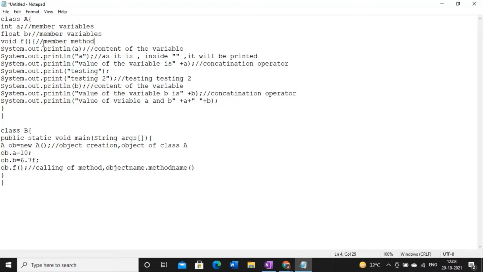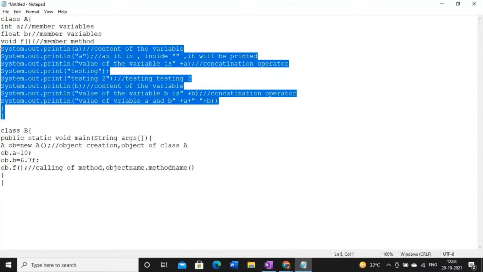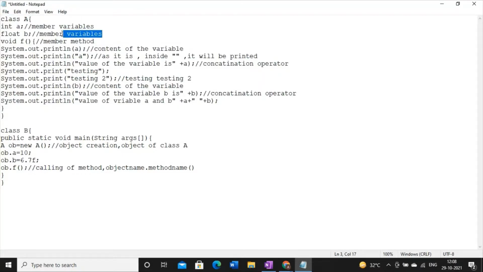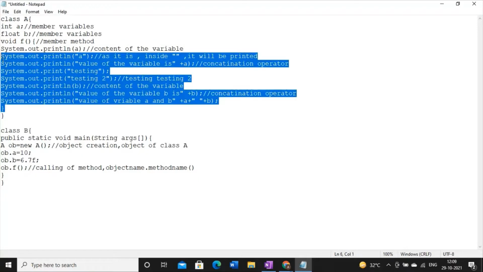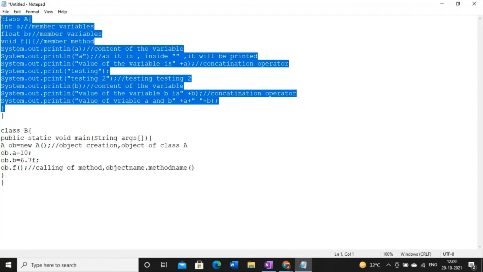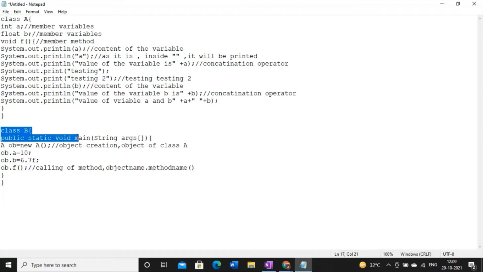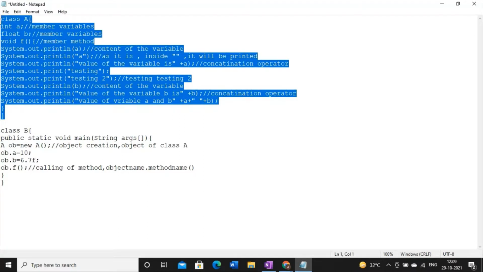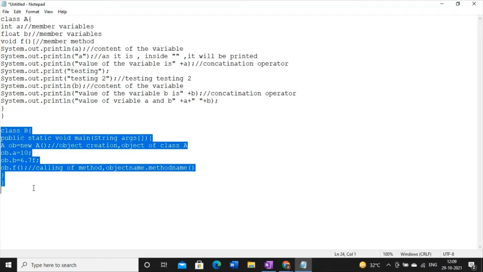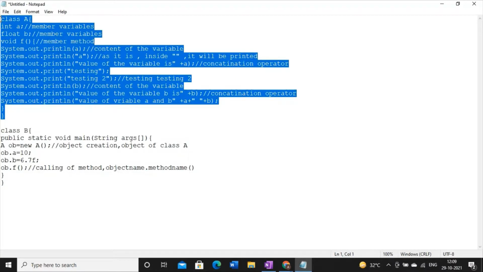So now come to the third definition of a class. Can I say that a class is something that may contain member variables and member methods? So the final definition is: a class can hold member variables and member methods, but if a class is holding the main method, then at this point of time it is known as the main class. And the class which is holding member variables and member methods is known as the general class, right? So here B is the main class and A is the general class.